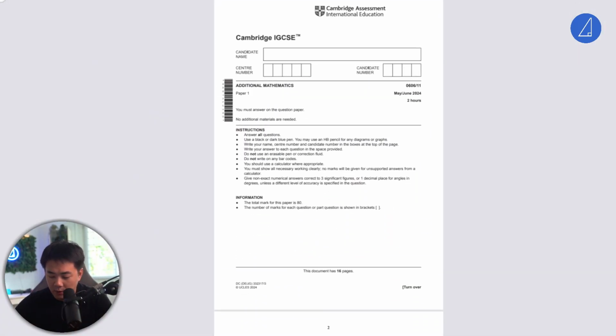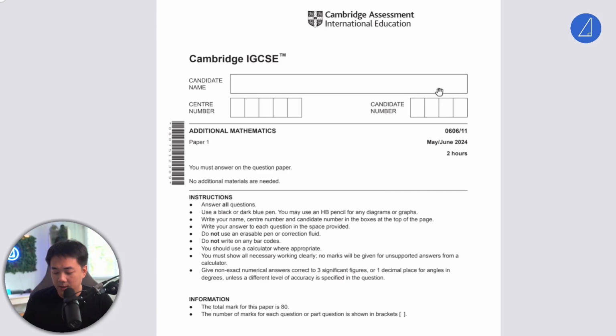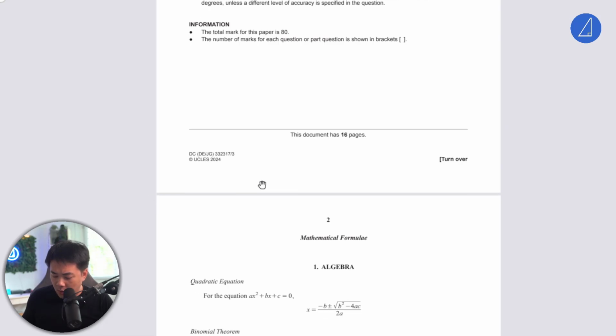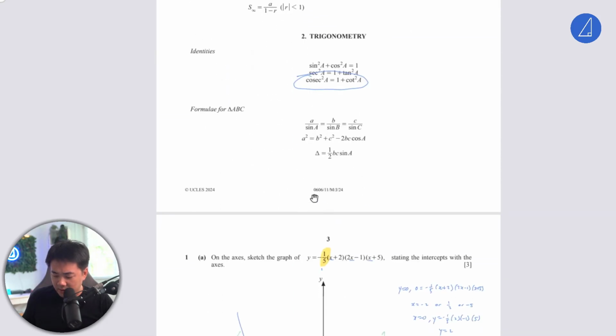So today we'll be going through the paper walkthrough of Paper 1 of the Additional Mathematics IGCSE paper, code 0606. Okay, this is the May-June 2024 paper. The code number for this paper, I believe, is